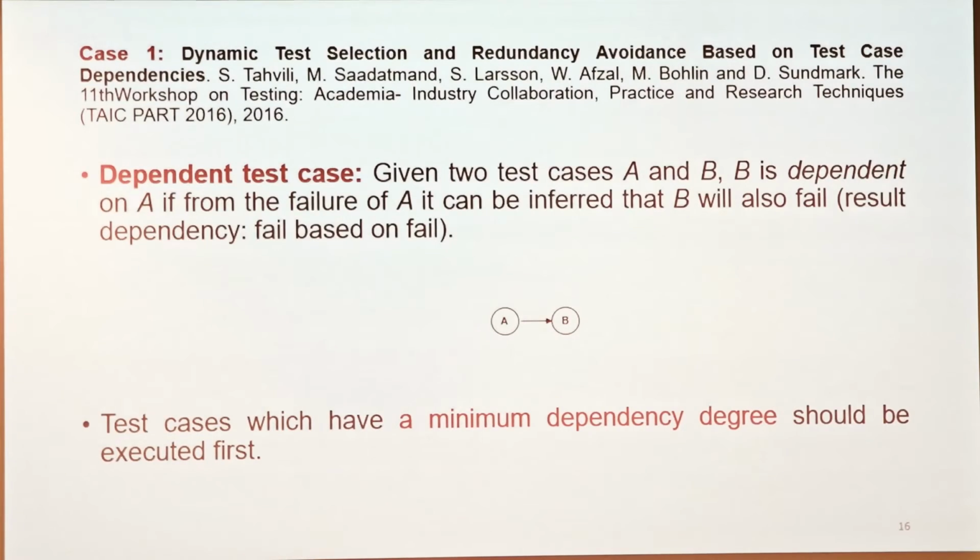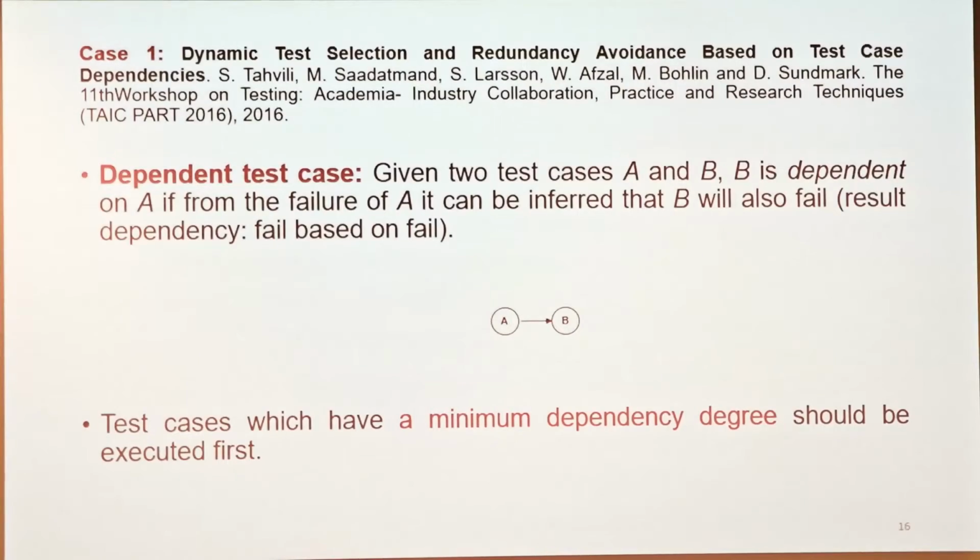As I said before, we applied our decision support system in 3 different industrial case studies at Bombardier Transportation, and we published almost 1 paper per step for our prototype, and we presented our papers at different conferences. In one of our papers, which is about dynamic test case selection and redundancy avoidance based on test case dependency, we presented at the ICST conference this year in the USA, and we identified some dependency between test cases,